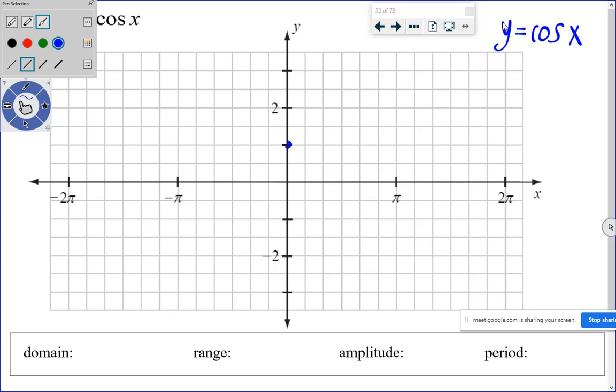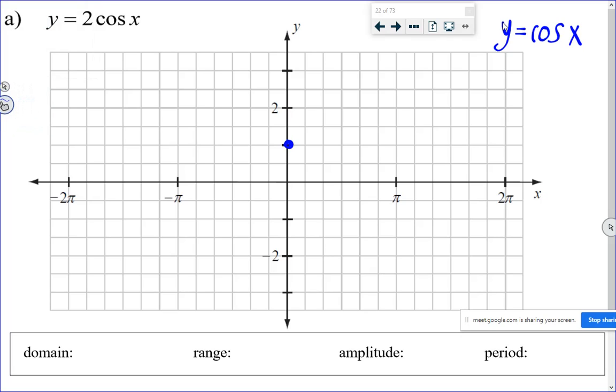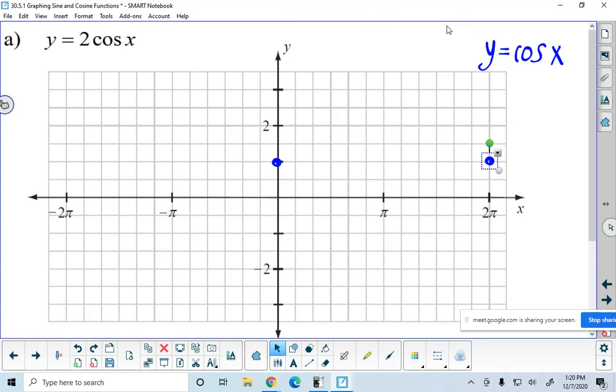Cos x starts at 1. And I'm going to take a point here, and I'm just going to move it as if I'm pointing. This is my finger. If you were in class and we were together, I would be pointing in these places. So it has to go down, down, up, up, but we know it repeats every 2 pi. So when we sketch y equals cos x, which is not what this question is, we visually split this horizontal distance up into,